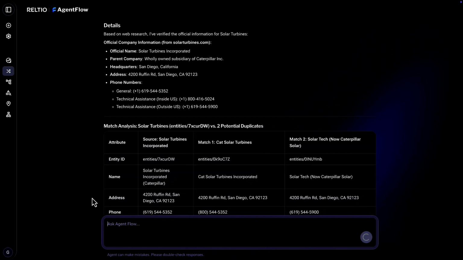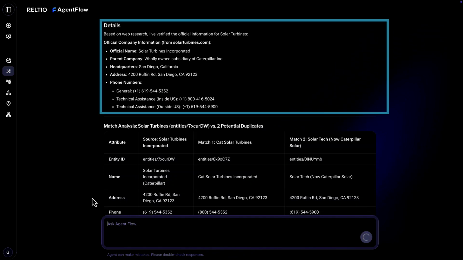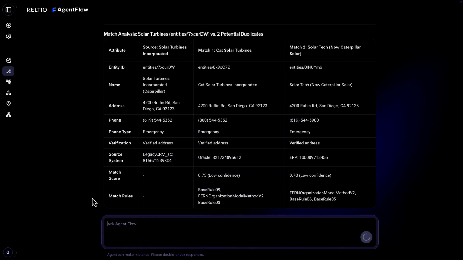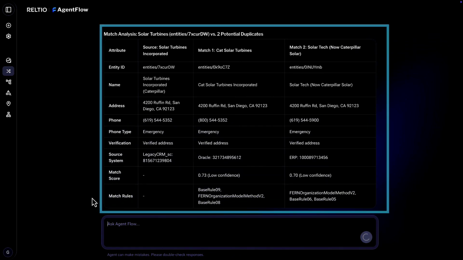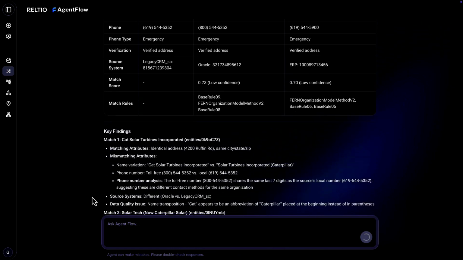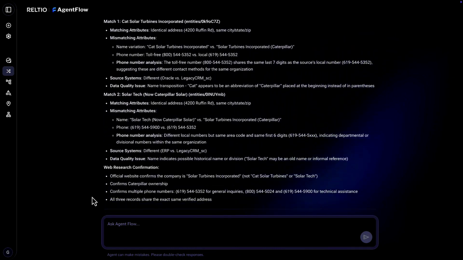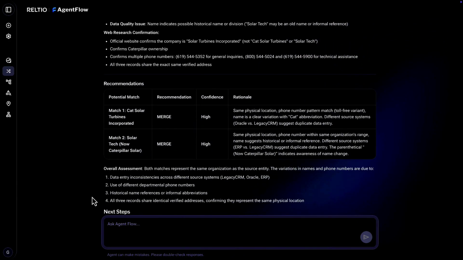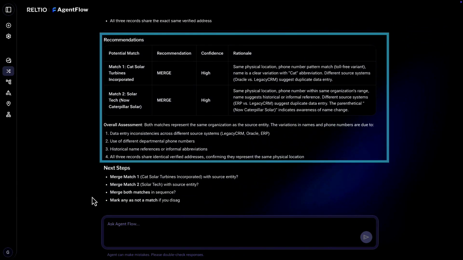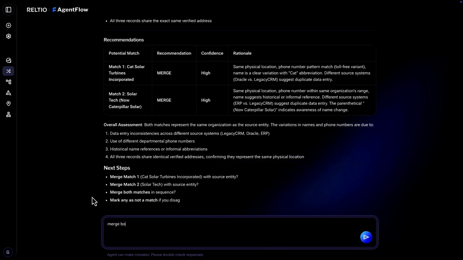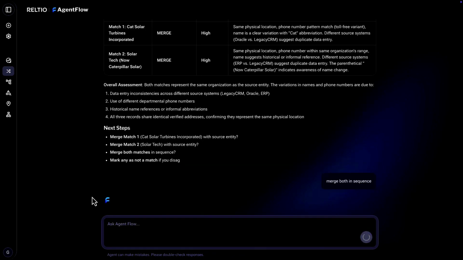And it'll show us that for this particular organization, Solar Turbines, it goes attribute by attribute and says, okay, well, I'm looking at two versions of information about this organization, and I can see that there are some mismatches that are probably causing, for example, suboptimal shipping, like you're shipping to the wrong location, and so on. And so we say, okay,